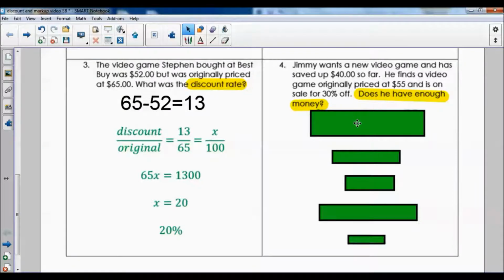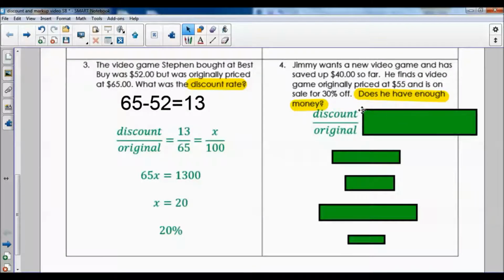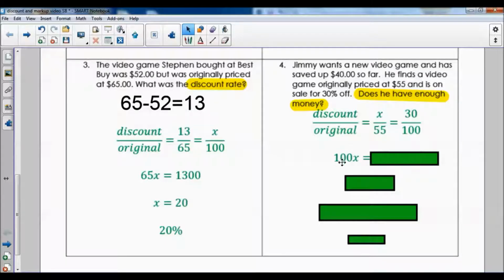Okay, so we're going to set up the same word ratio we've been doing, discount over the original price. And so our discount here, we don't know what it is, right? All we know is that it was originally $55 and that it's 30% off, but we don't know the discount. But we know the 30% over 100, so we'll put that in there. Then we're going to cross multiply. We get 100 times x is 100x. 55 times 30 is 1,650. Then if we divide by 100, we get that the discount is